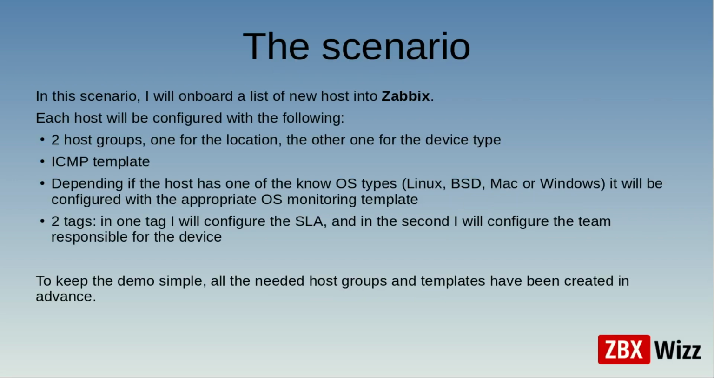In this scenario, I will onboard a list of new hosts into Zabbix. Each host will be configured with the following: two host groups, one for the location, the other one for the device type, one ICMP template, which will be applied to all hosts, and depending if the host has one of the known OS types, it will be configured with the appropriate monitoring template. Also, I will configure two tags. In one tag, I will configure the SLA, and in the second, I will configure the team,